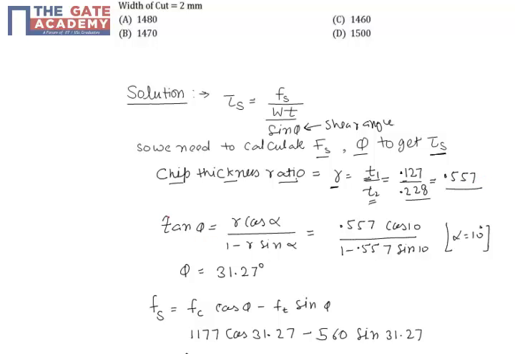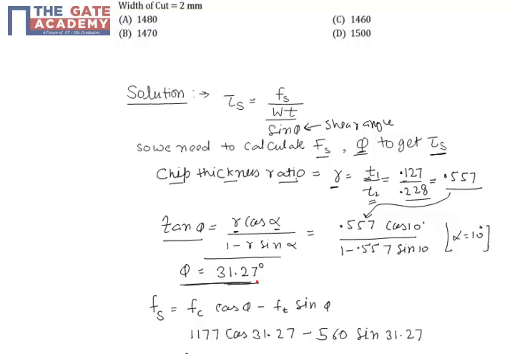We have to calculate the shear angle phi also. So tan phi is equal to R cos alpha upon 1 minus R sin alpha. Here alpha is the rake angle and R is the chip thickness ratio. The chip thickness ratio we have already calculated: the value is 0.557. Rake angle is equal to 10 degree. By this equation we calculate the value of shear angle, and shear angle is equal to 31.27